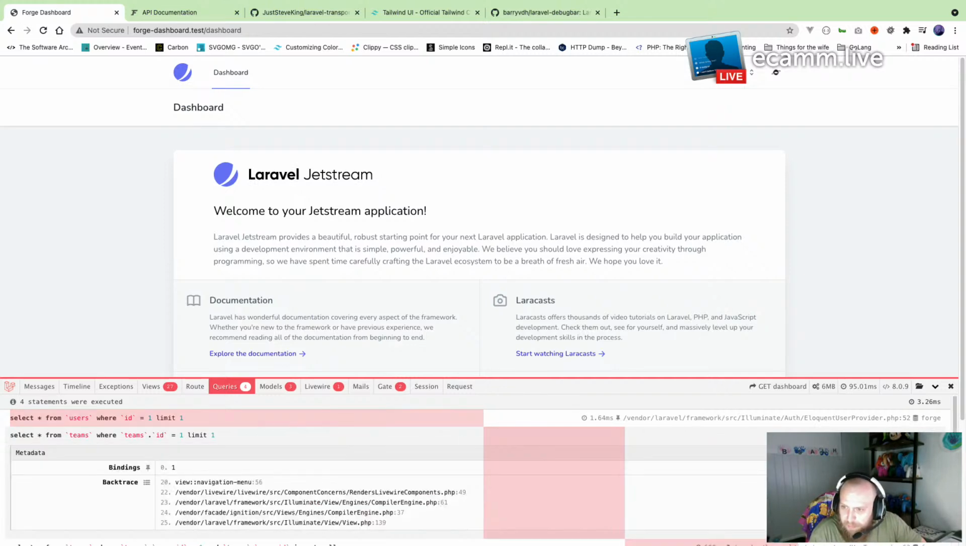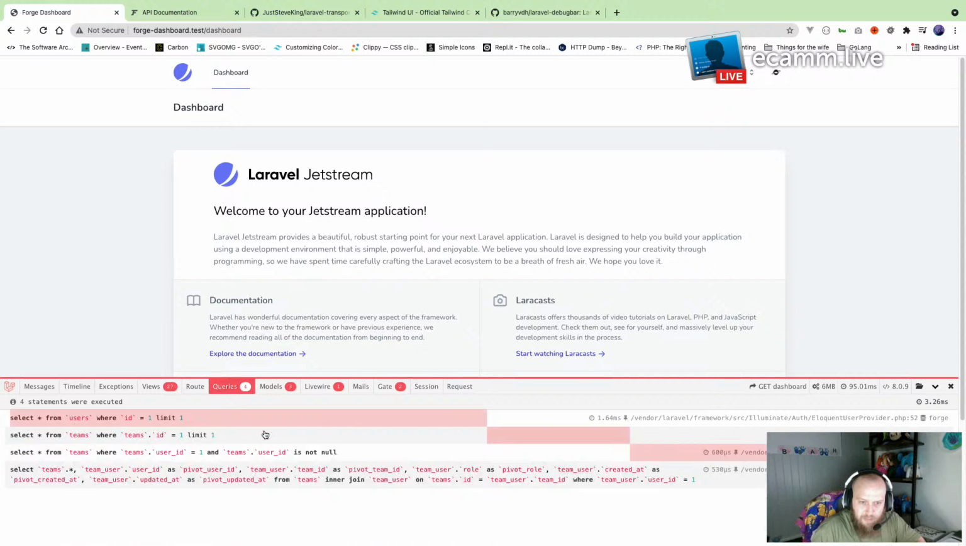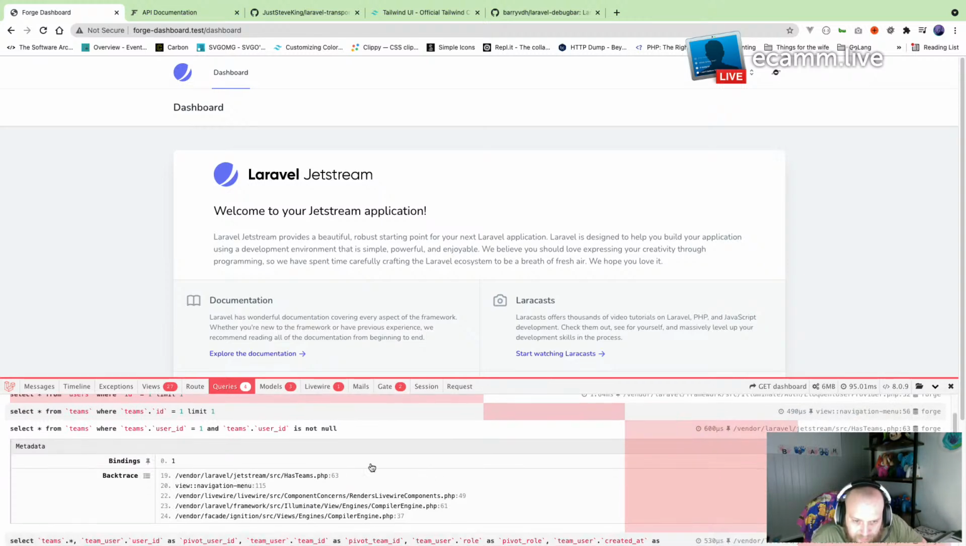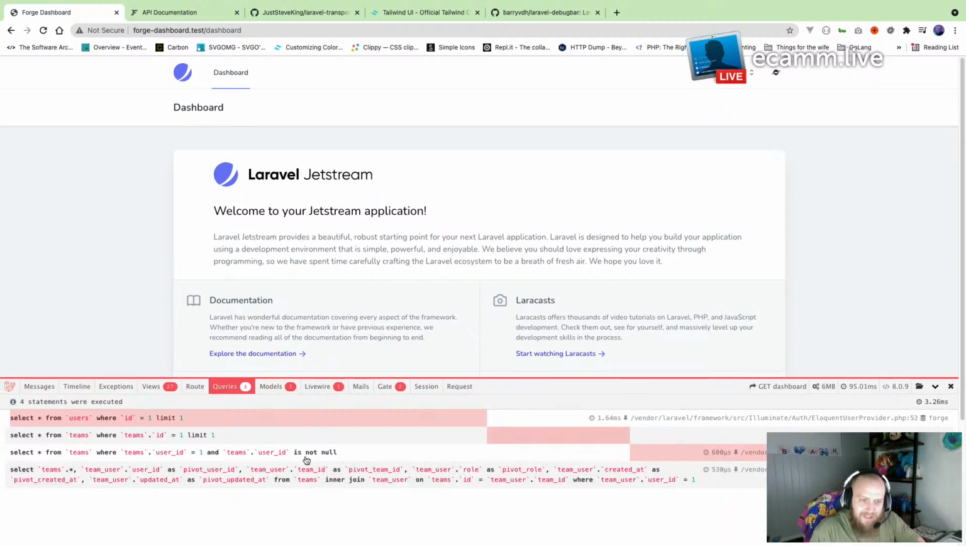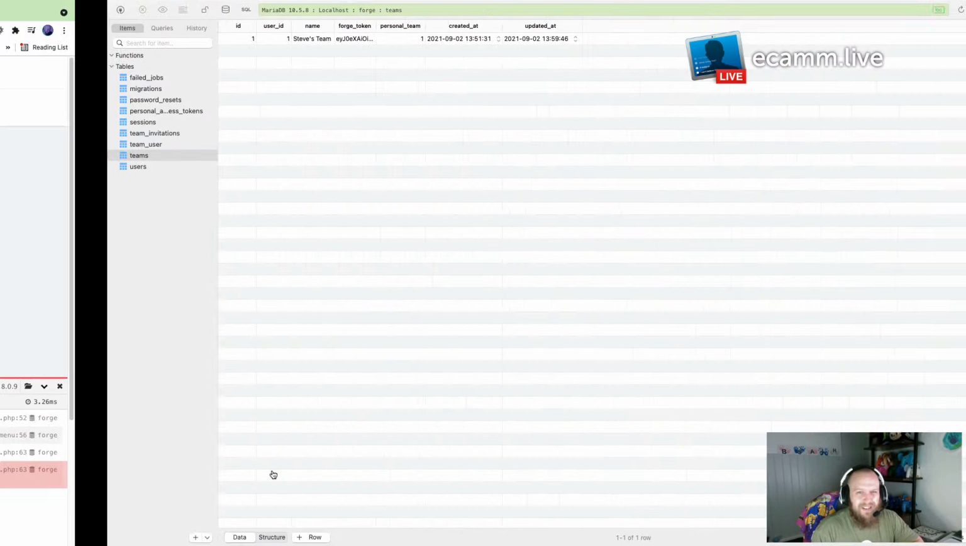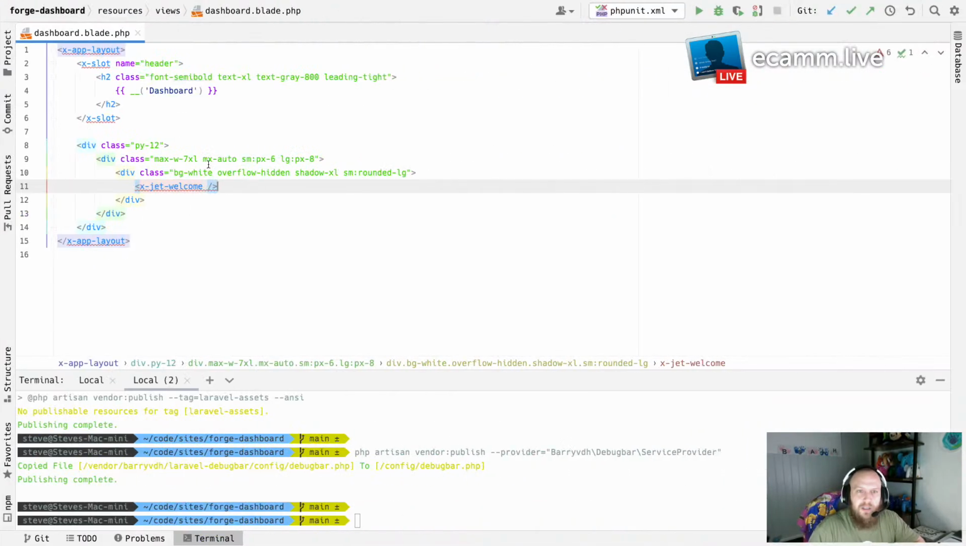Navigation menu's got team. Select all from teams, where team is that. Has teams. What is this then? Has teams. So in theory we should be getting this straight away. This is a bit messy, isn't it? I should be able to get access to team here really. But what I'll do is